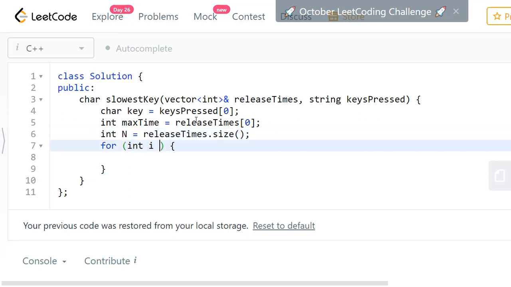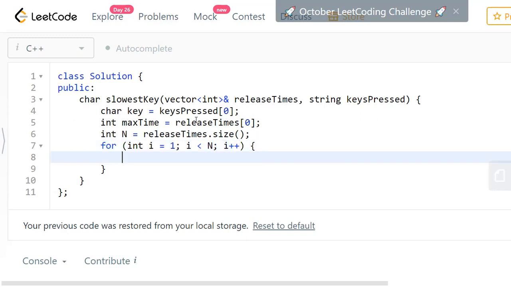We will start from the second character: I equal to 1, I less than n, I plus plus. We need to find the duration for the current character. So duration will be release times of I minus release times of the previous character. That will be the starting of the current character, so it will be I minus 1.